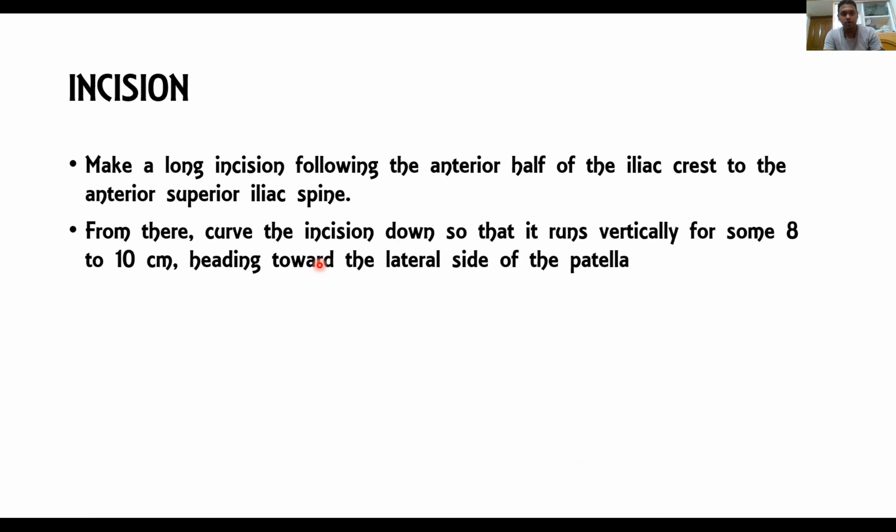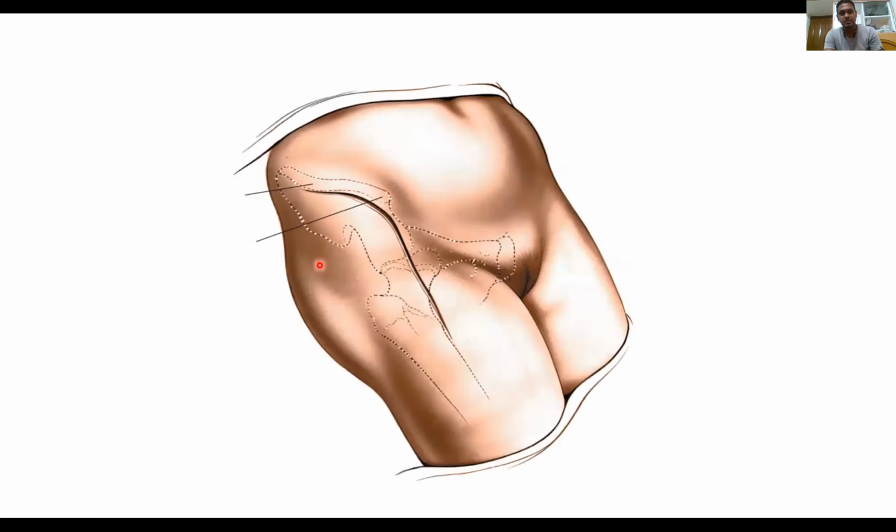Many people are fond of asking in practicals about the importance of the Smith-Petersen approach for reducing a neck of femur fracture. You can reduce the neck of femur fracture from the anterior side with a small incision, and you can fix that fracture from the lateral side using DHS or CC screws. So there I will use only the vertical limb of Smith-Petersen. You can see that this is the incision. Here there is a curve. This is the horizontal limb of the Smith-Petersen. This is the vertical limb of the Smith-Petersen.